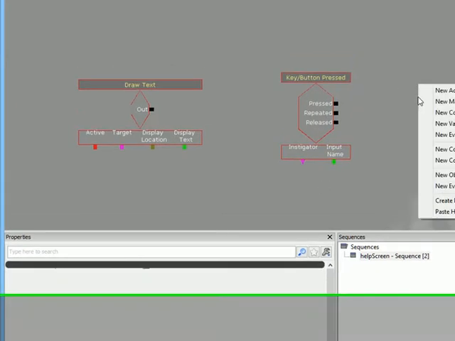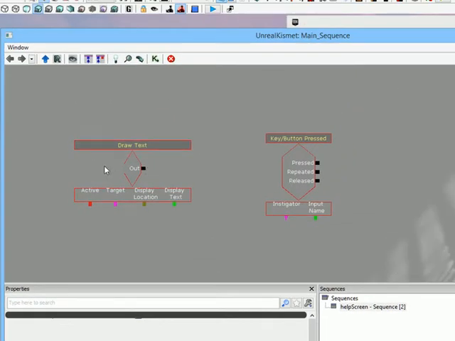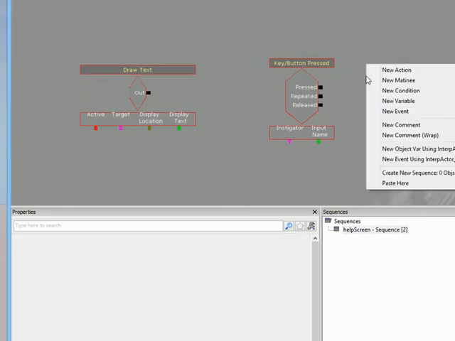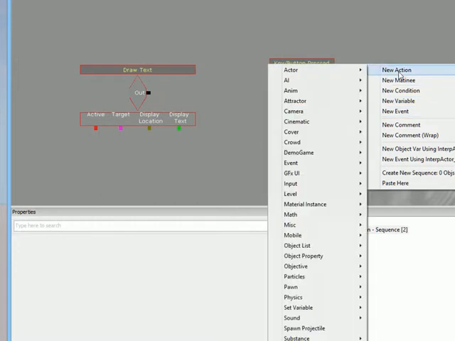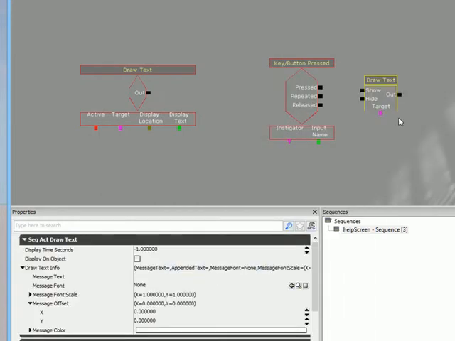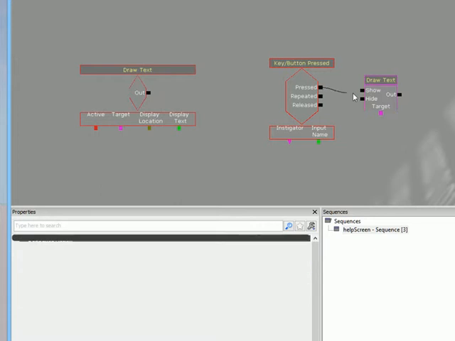well, what's going to happen? What's going to happen is we're going to draw some more text. Now you'll see this draw text doesn't have an input to it. This is just a constant. This happens all the time. So we need a new type of draw text. That's going to be under a new action, and it's actually under miscellaneous, and it's draw text. So when we press, we show some text,